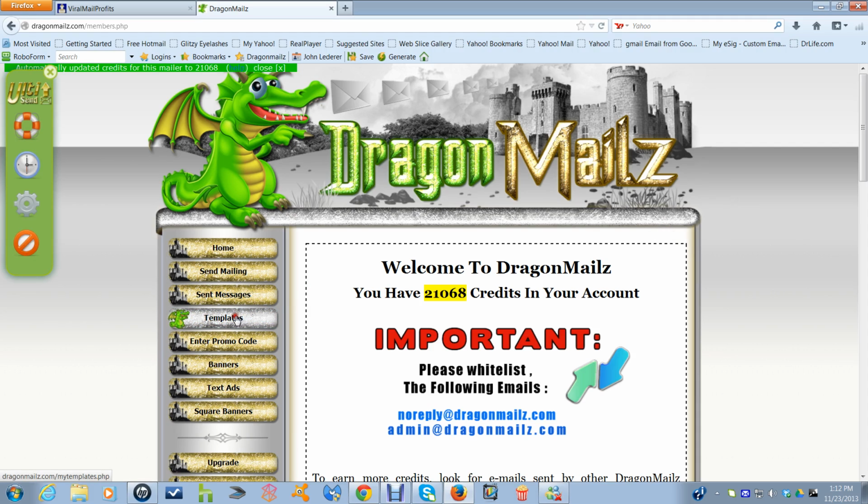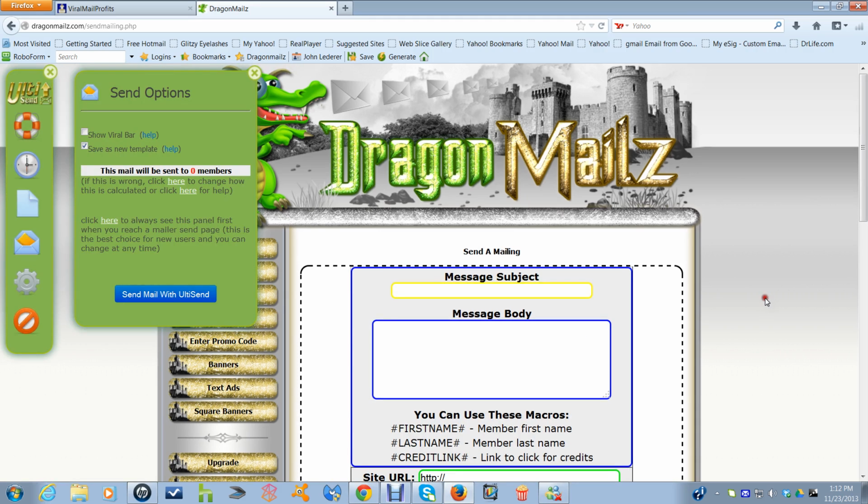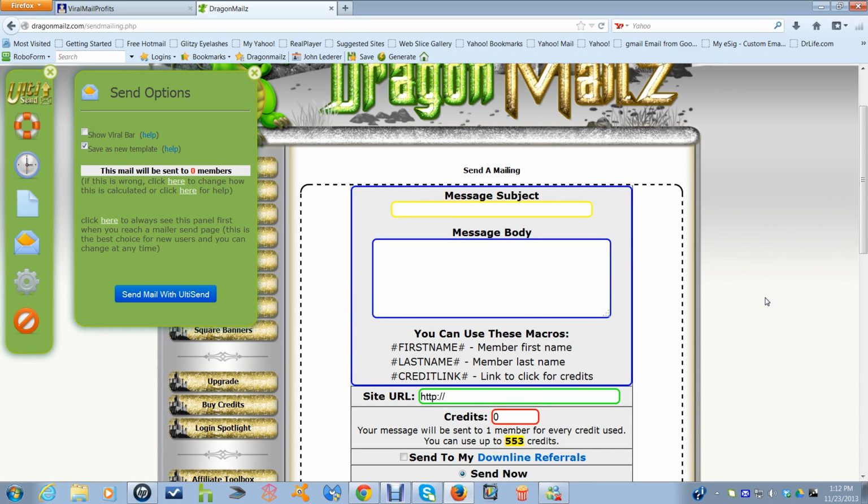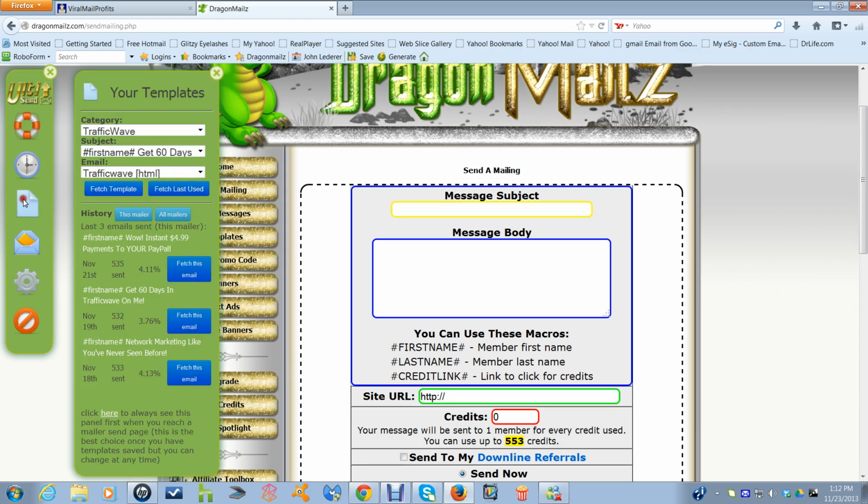Okay, let's go right into templates. Now let's say you wanted to do a new ad. Because we've been doing the templates, let's just go ahead and do a send mailing. We're going to do our own ad here. You no longer have to copy and paste. That's one thing this eliminates. So let's just leave everything as it is. You can choose up here